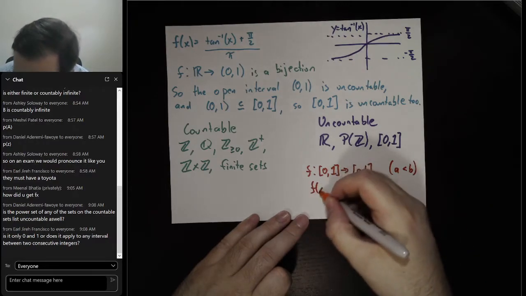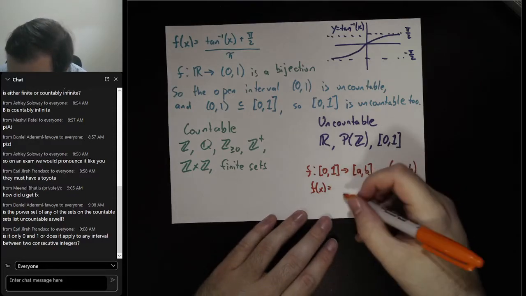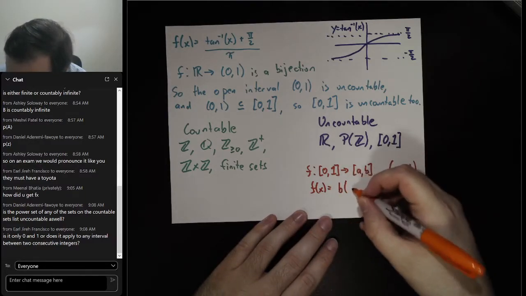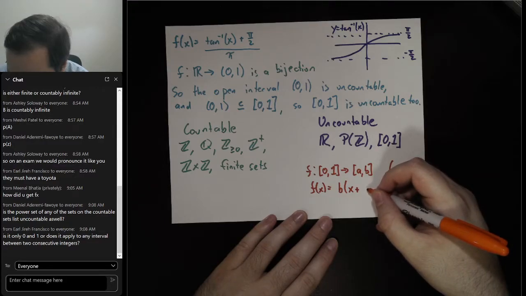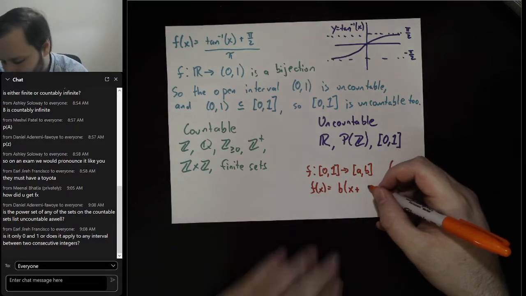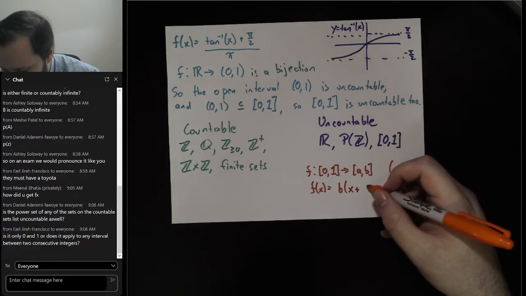F of x is equal to b times x plus a over b is what I want. 0 to 1. So that goes from 0 to b, bx plus a,